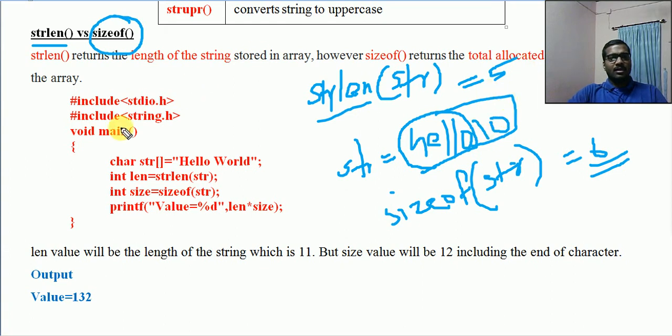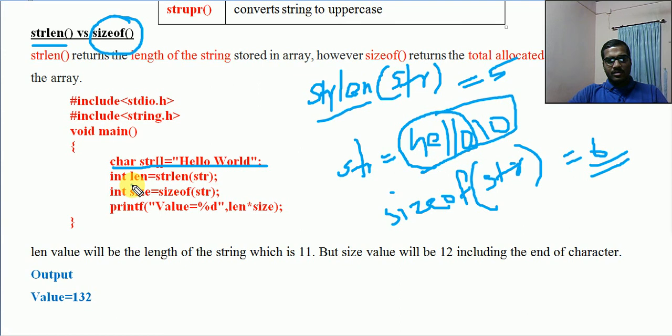Hope it is clear. See the example: we have a string variable char str equals hello world. int len is equal to strlen of str. Here str has hello world, and the total length is 1 2 3 4 5 6, the space is also counted, 6 7 8 9 10 11.